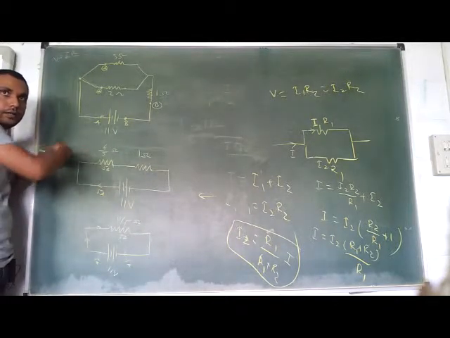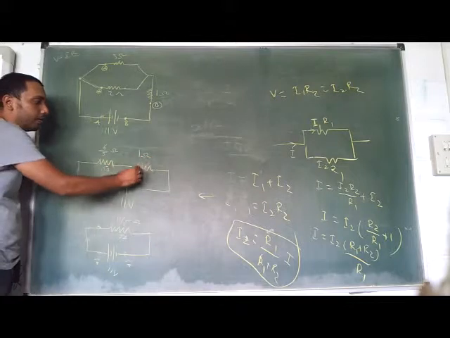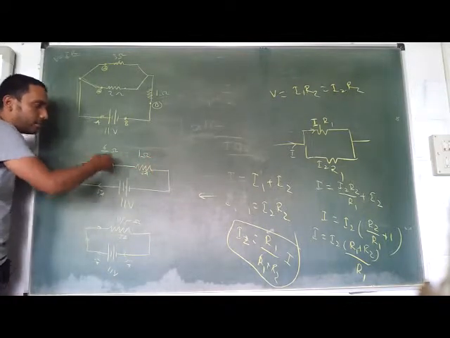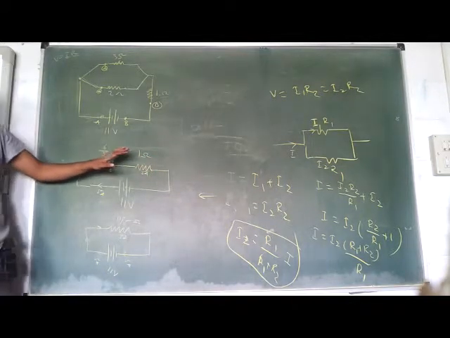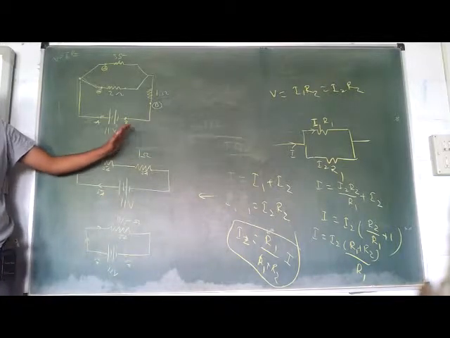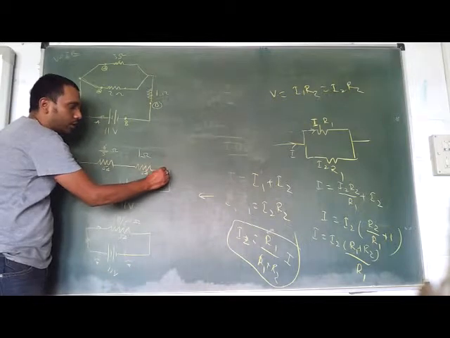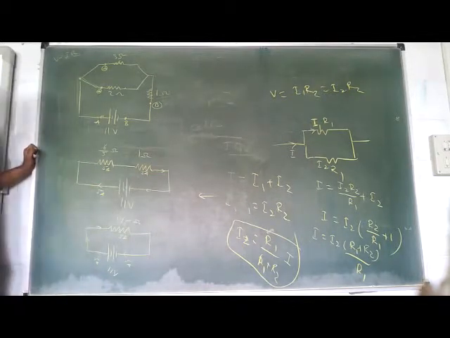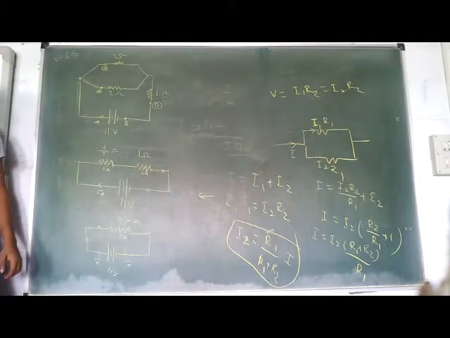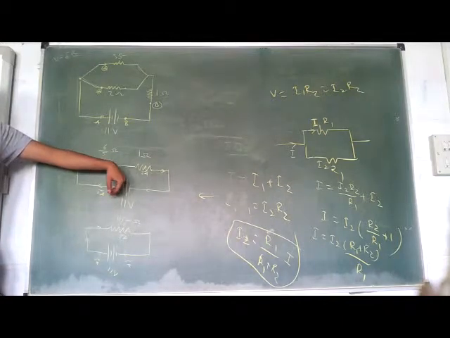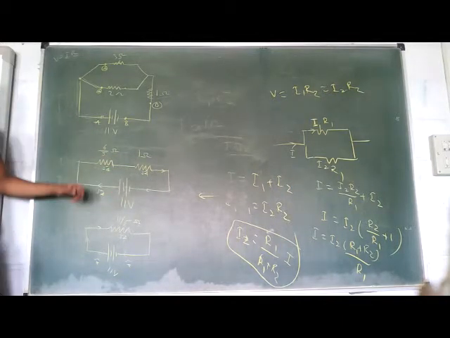Okay. It's like a queue, traffic line. Now next one also, the whole current has to go. Can it stop anywhere? No, it can't stop. It can only divide, but there is no other path to divide. So fully it has to go through this also, comes out and goes back to the battery. Okay, battery's job is to collect the charge on one side and put it on the other side. It keeps on flowing. Get the point?